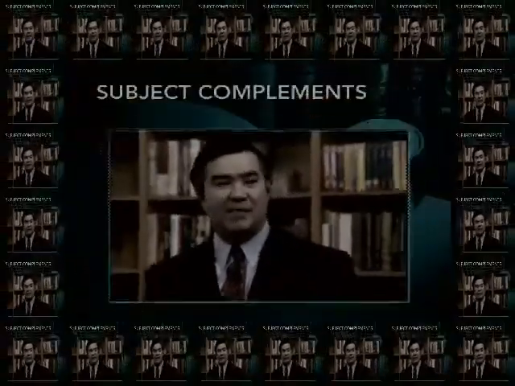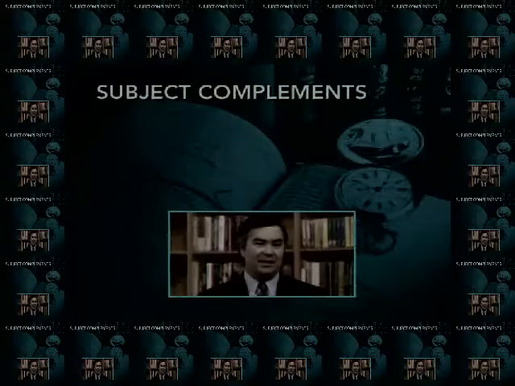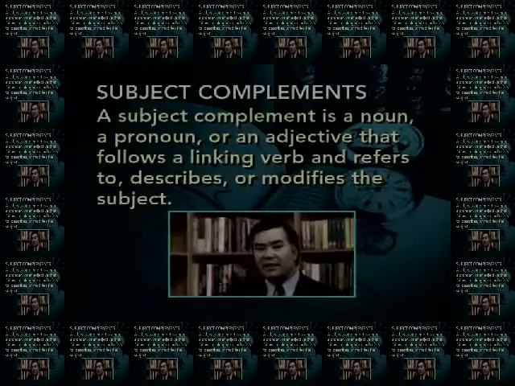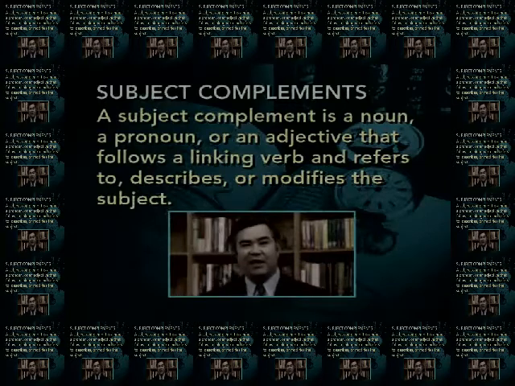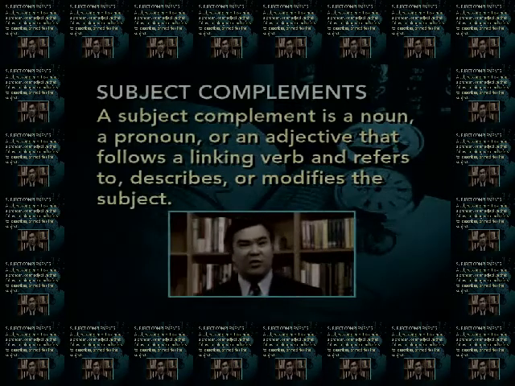Now, what about the third type of verb, that is the linking verb? Well, linking verbs are used with a different type of sentence complement known as subject complements. A subject complement is a noun, a pronoun, or an adjective that follows a linking verb and refers to, describes,